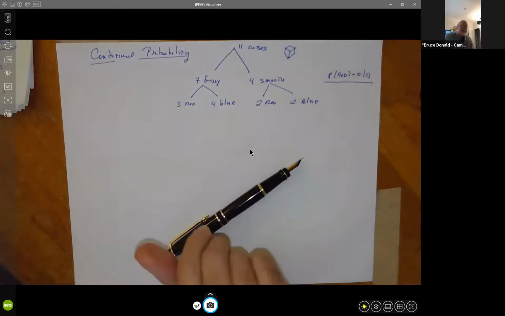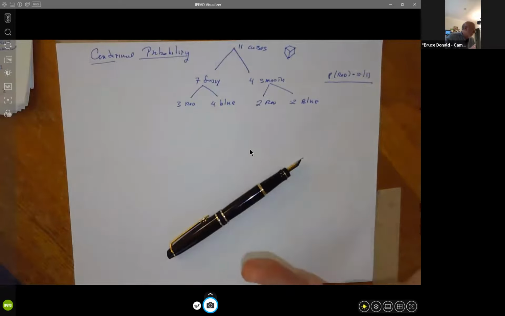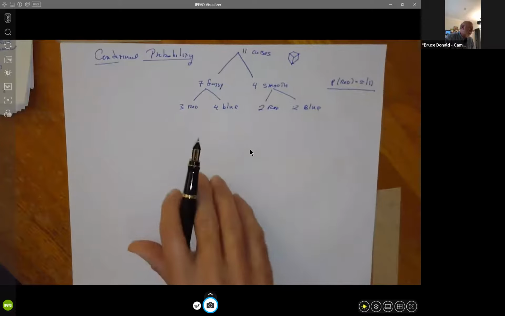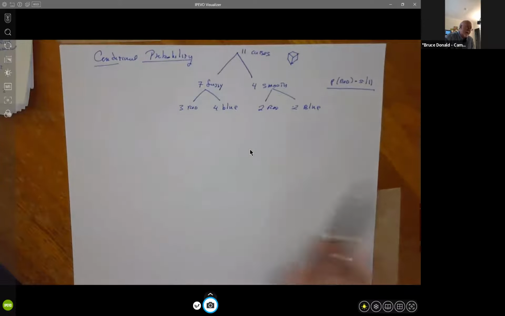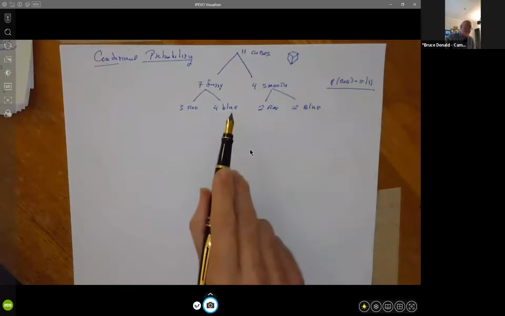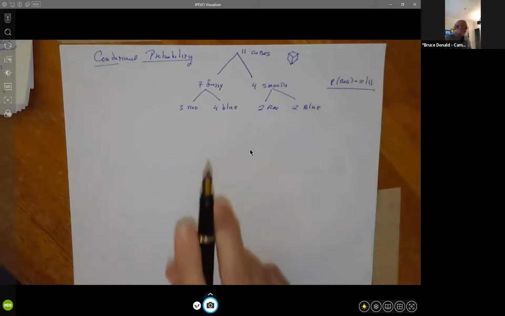So you plan to pick a cube at random, but you forget to wear gloves, right? And you stick your hand into the bag and you grab a cube without your gloves, and you notice that it's fuzzy. Your hand's in the bag now, but you don't look at it, right? So all you know is it's fuzzy. So clearly the probability of having a red cube in your hand should now change to 3 out of 7 because you have more information, right? So how do we model that?